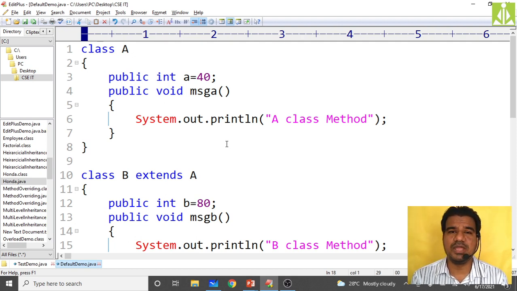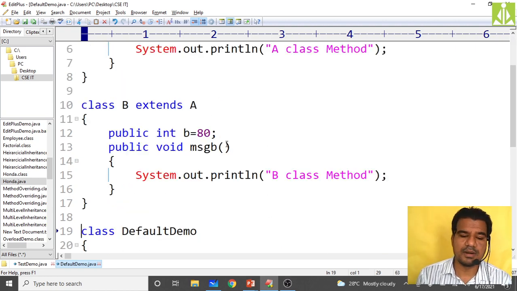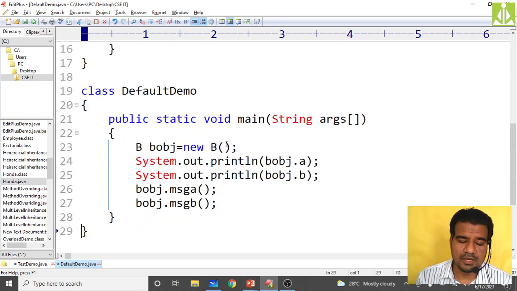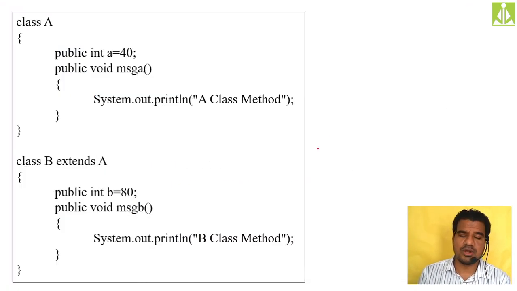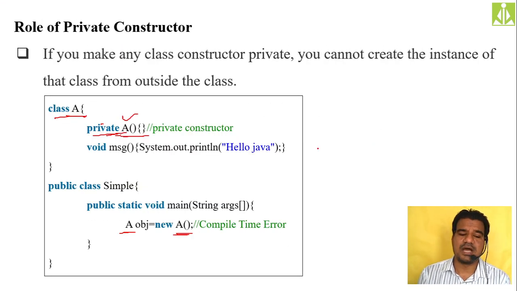But when it comes to default, it is restricted, and private is also restricted, because outside the package your default will act like private, and within the package your default will act like public. So remember this. This is the discussion of access modifiers in Java.